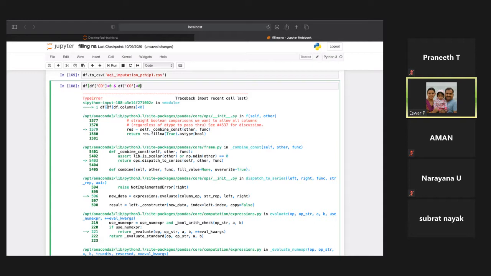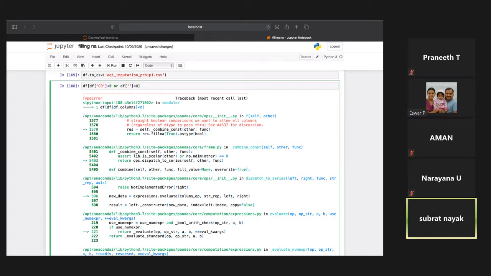I think it should be OR. It is not like that. I think it should be the symbol above the Enter key, with shift. So it can also work. Okay, try it. Sir, which column?